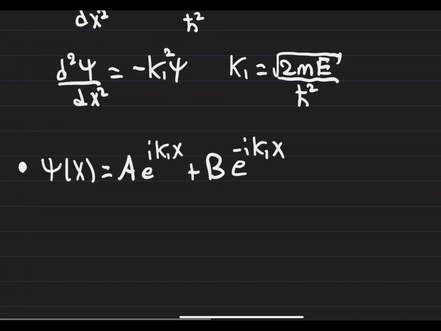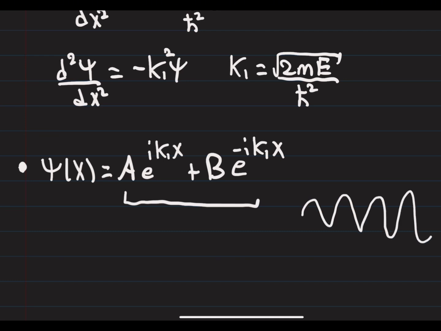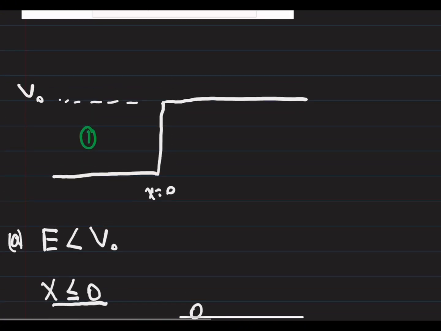And what you get because of Euler's identity is oscillating waves. It's just moving right around. So in this first region, our wave function is going to happily wiggle around, however it's wiggling. But then it's going to hit here at x equals 0